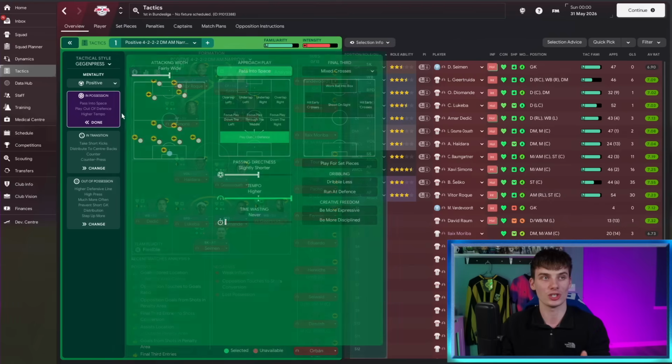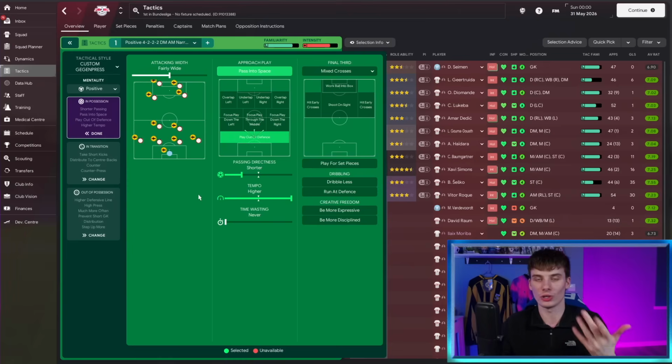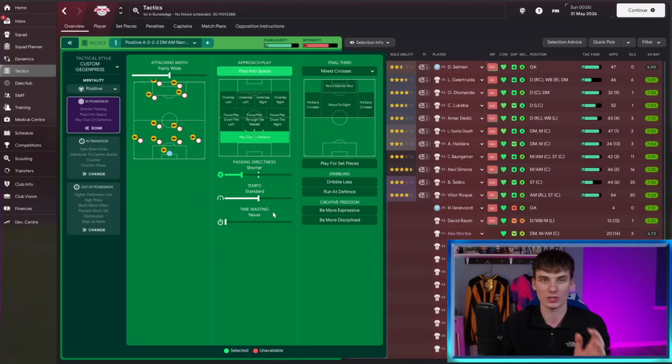but then I'll go into the in possession section. What I'd be looking to do in this section is to drop the passing directness a little bit, so we're playing shorter passes. We're not trying any expansive long balls where we might end up conceding possession and allowing the other team to attack us. I would also look to lower the tempo a little bit to try and slow the game down,